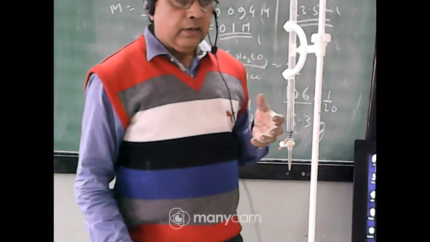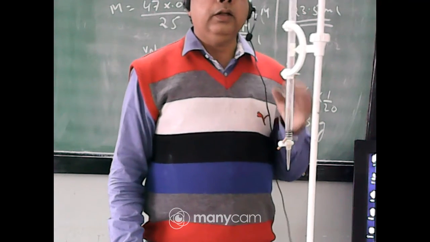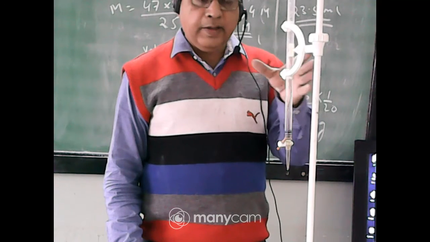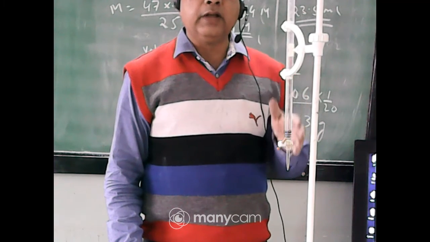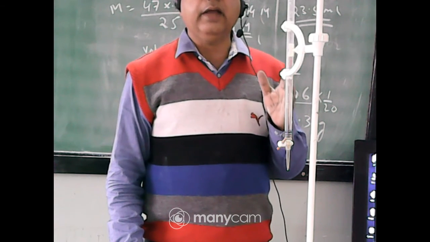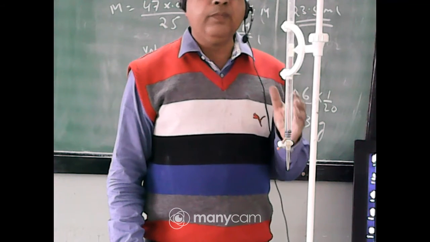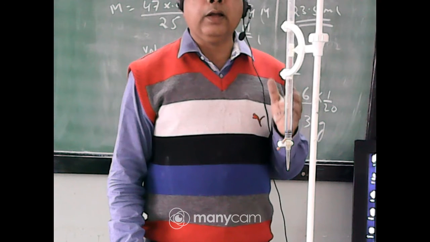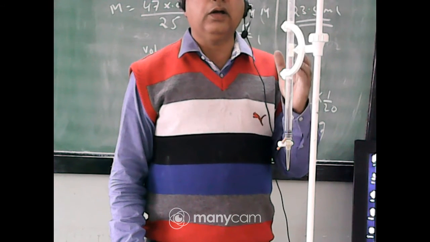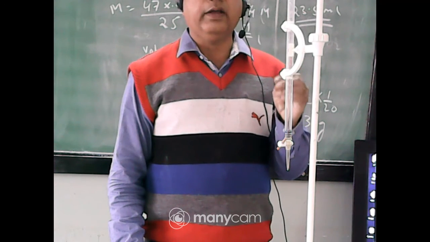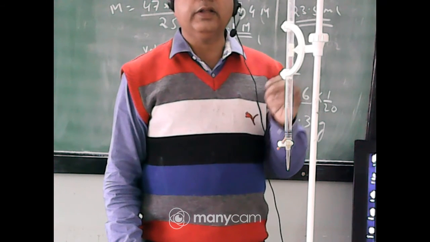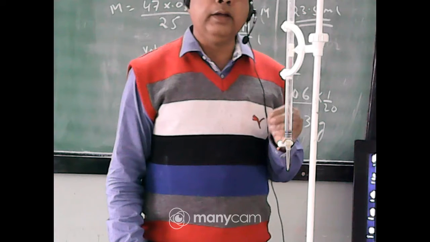In your class 11, you have to perform 3 practicals. First practical, this type of acid base titration, carries 8 marks. Second practical, the salt analysis, that is test for cation and anion. You are given one unknown salt, you have to find out by chemical tests what cation and what anion are present in the salt. That also carries 8 marks.